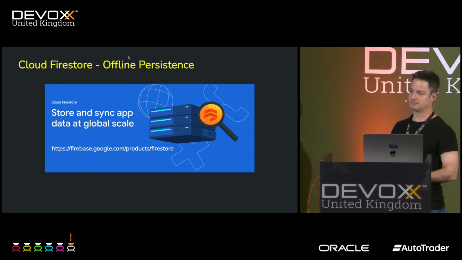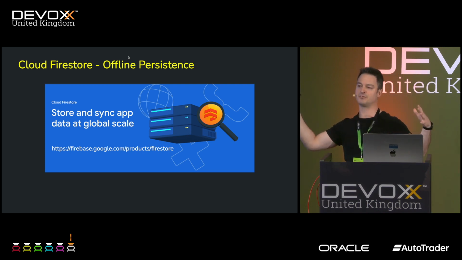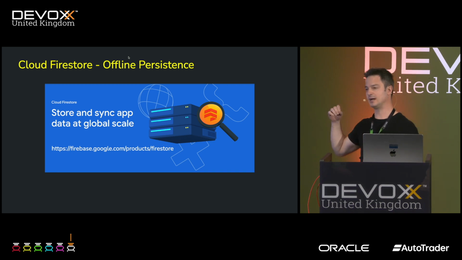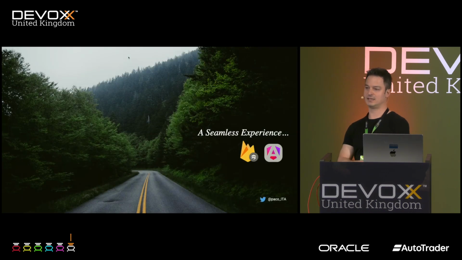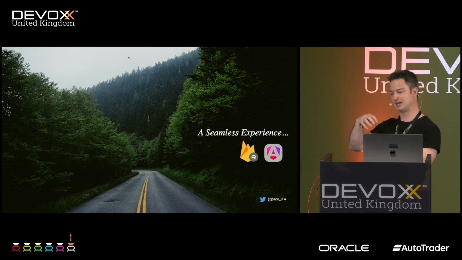We can also use a NoSQL database, in this case Cloud Firestore, that is part of the umbrella of tools and services of Google Firebase. This NoSQL database allows us to achieve offline persistence. This means that once we set it up, once we instantiate the library, we can then collect and save in the IndexedDB all the read documents. And this is done transparently for us. We don't have to do absolutely anything.